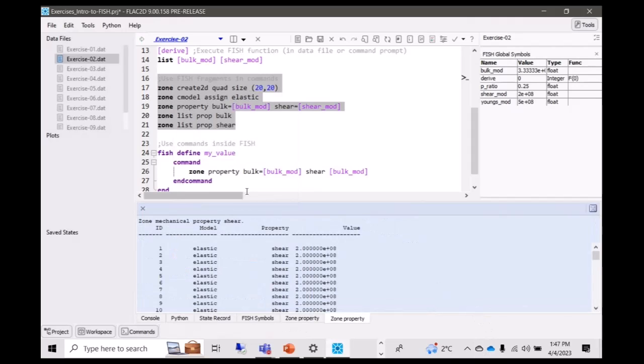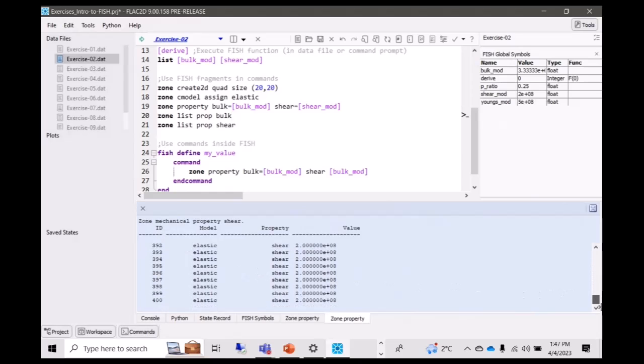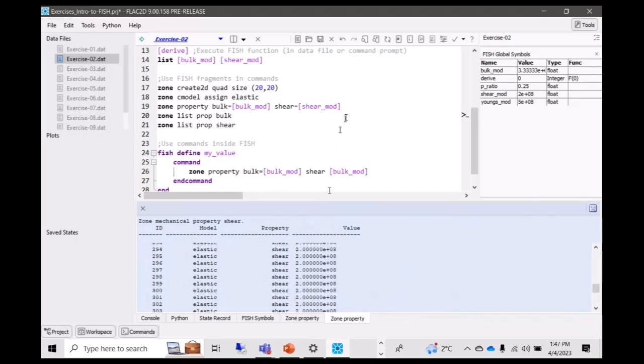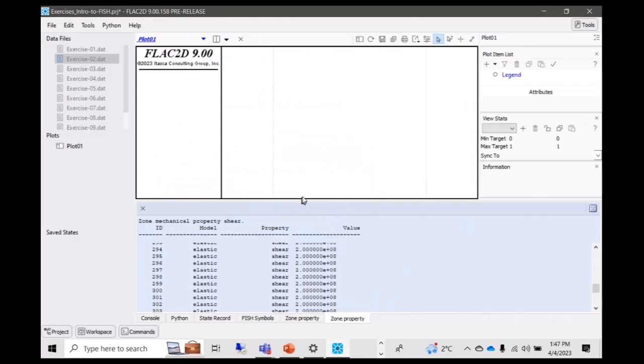I do a run selection, and there's two things. One, because we've listed it, it's actually showing us for every zone what those values are. There's 400 zones, 20 by 20. So that's also a way that we can see things like the properties in all the zones. And if I go up to the selector, and I go new plot 1,